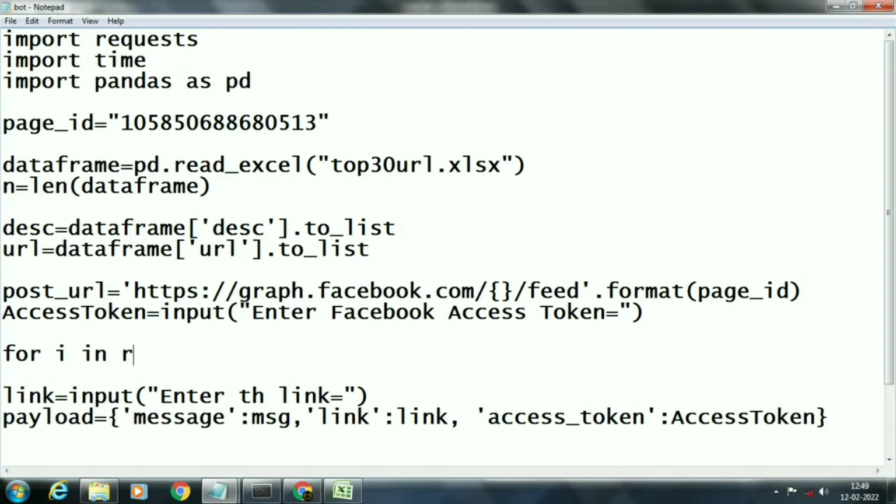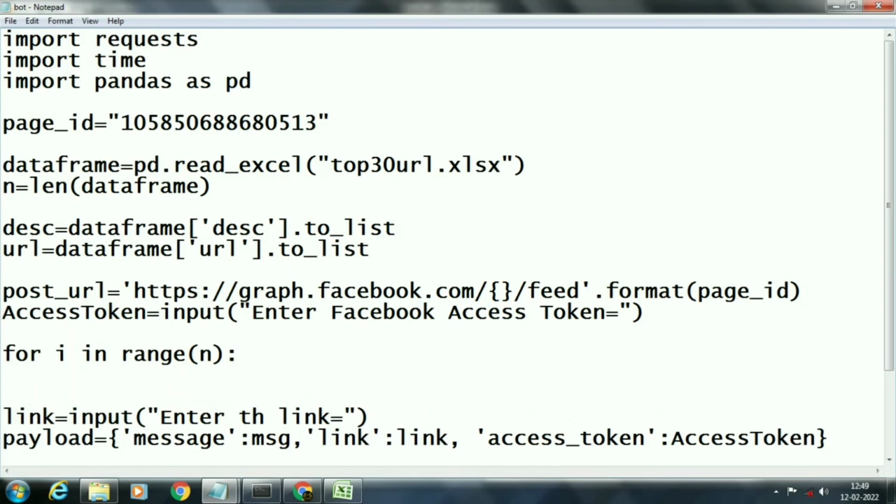Next we will run a for loop from 0 to n, meaning the number of records, that will send all our messages to Facebook one by one. First of all, we will assign values of our list to message, and next we will create our link.